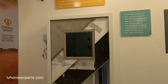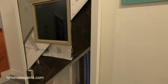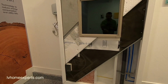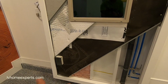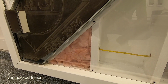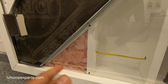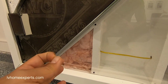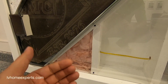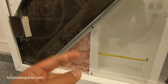Now, this will give you a rough idea of how the home is being built. On the exterior walls, it is 2x6. As you can see the plumbing and exhaust, okay? You have your electrical, and you have your insulation. However, this is batt insulation. It is not blown-in insulation. There are some companies that will actually do blown-in insulation. I believe it's required by code. It is R13 inside the walls, right? On the exterior walls, it's R15, but you can upgrade it to R18. And also inside of the attic, the standard is R30. You can upgrade it to